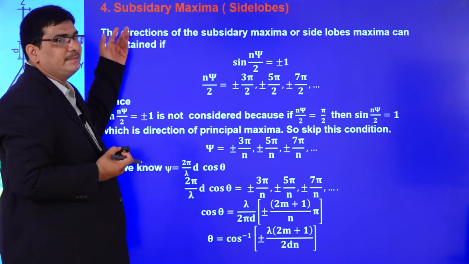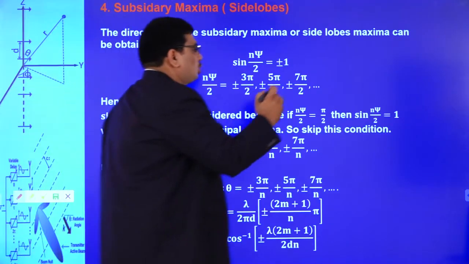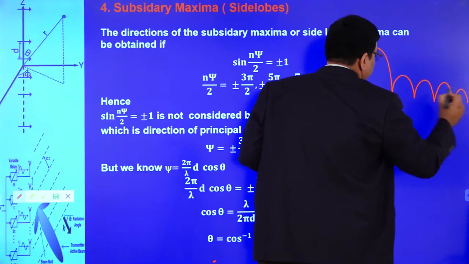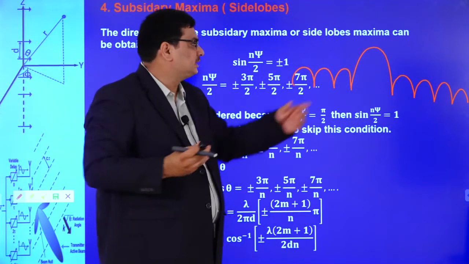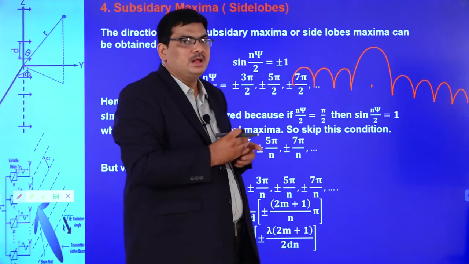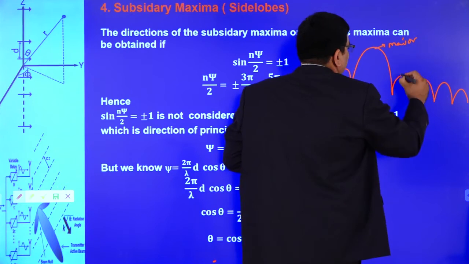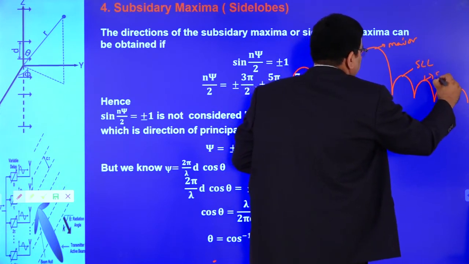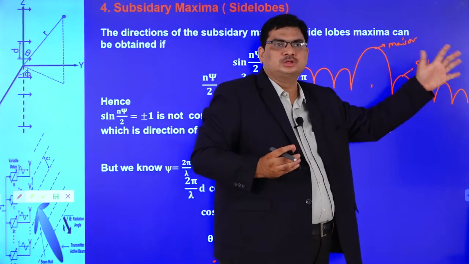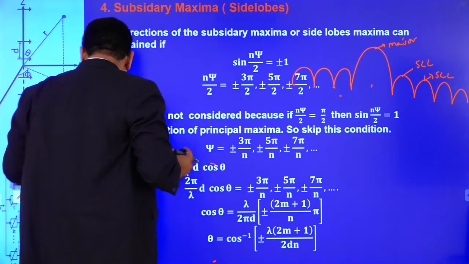Next, subsidiary maxima or side lobe levels. If this is your main beam and these are your side lobe levels, the major beam is where your maximum signal is in this direction, that is your main beam, and it has maximum amplitude, the major lobe, and these are all the side lobe levels. By position we can say it is the first side lobe level, second side lobe level, third, fourth, up to however many lobes there are. So to find out the